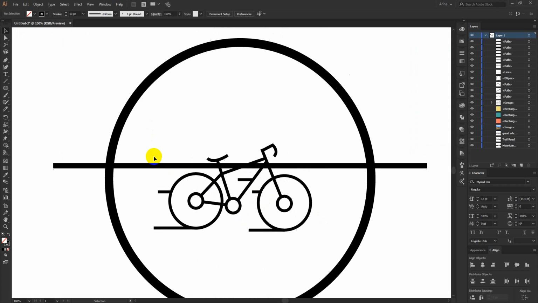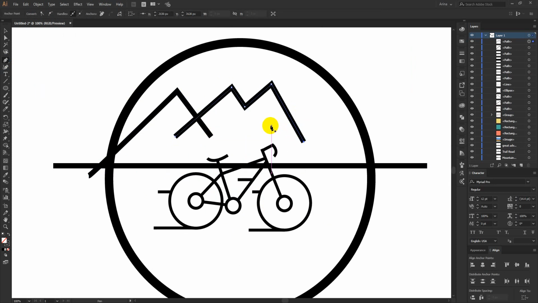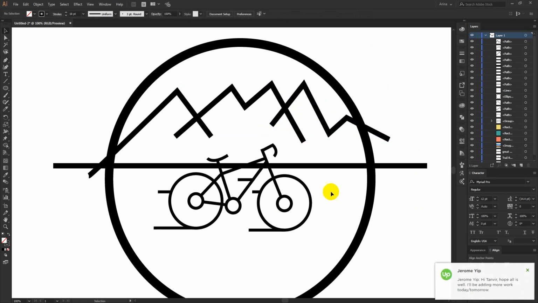So for this one here I am going to create a mountain shape. Maybe pointed mountains will look better here. Yeah, something like this will work for me.